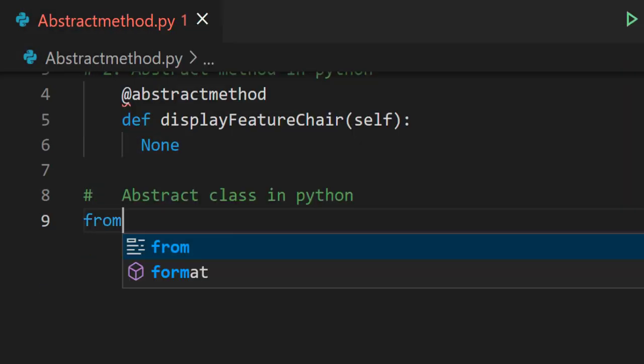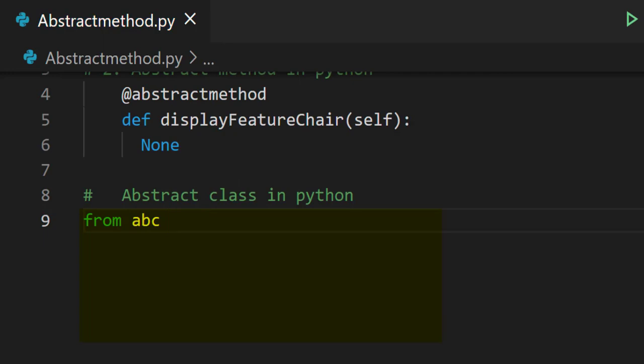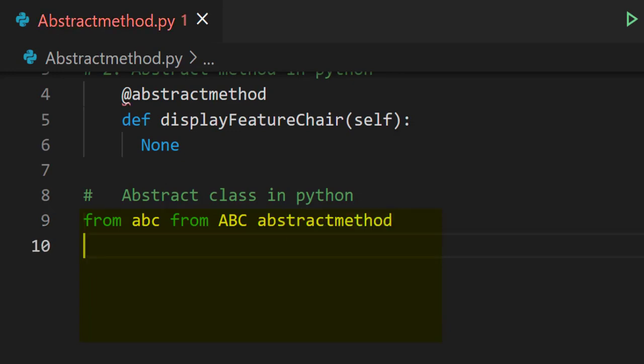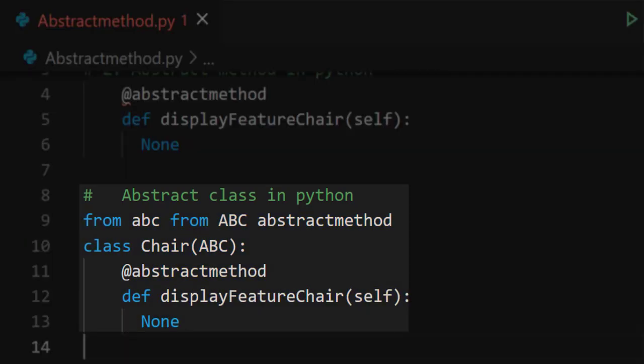And then any class which is imported from ABC, that is abstract base class, is called an abstract class. Class chair: here ABC is the abstract base class. Class chair is inherited from the abstract base class, and it has the abstract method. This will become the abstract class.